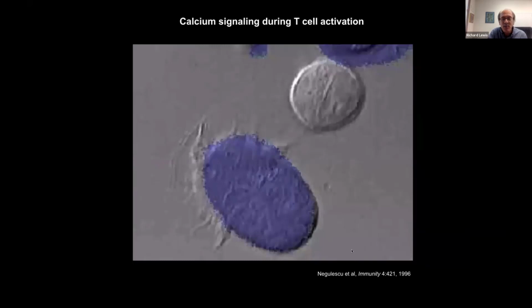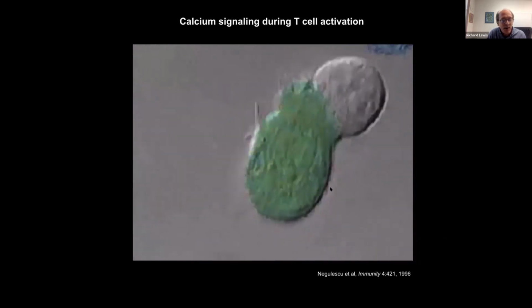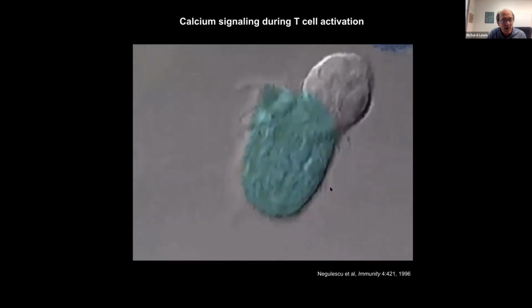So a rise in cytoplasmic calcium is one of the early events that occurs within seconds of when the T cell recognizes antigen on the surface of an antigen-presenting cell. This is an essential signal for T cell activation. This movie from the Cahalan lab from years ago now shows a T hybridoma cell in vitro loaded with Fura-2 crawling around, and when it happens to contact the B cell target, its calcium quickly increases.